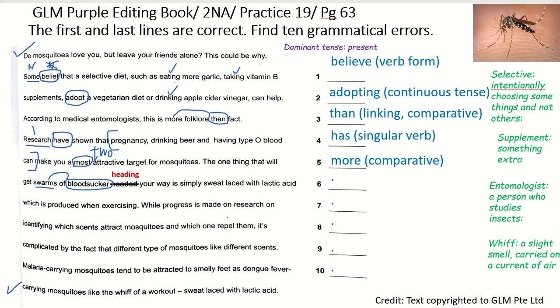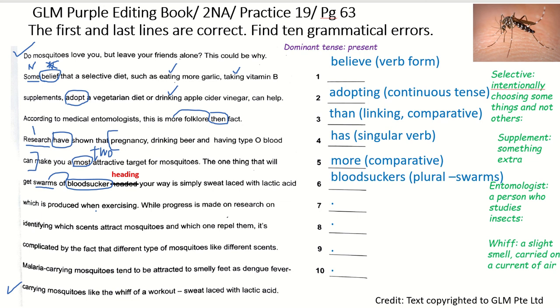Okay, plural form, so that would be bloodsuckers, because of the word swarm. In fact, even if it's singular swarm, it should be plural noun. Okay, because this is a collective noun,